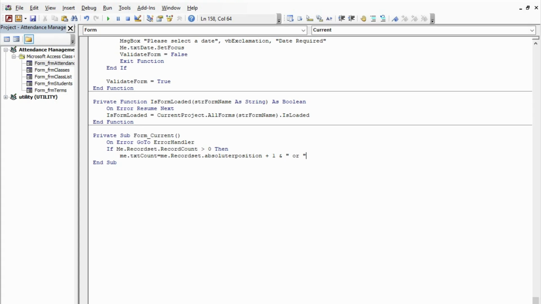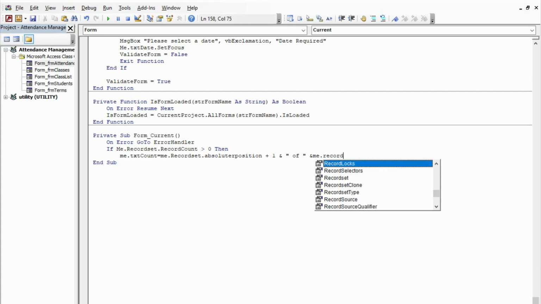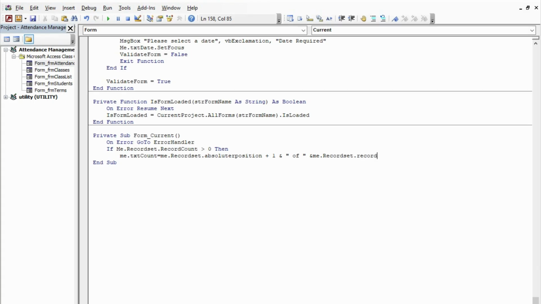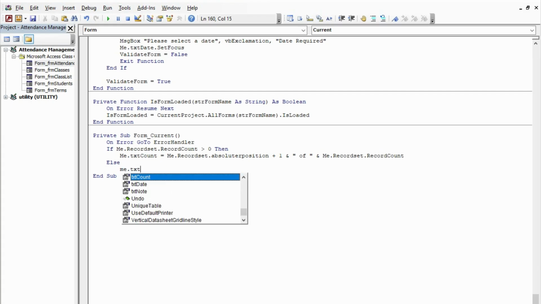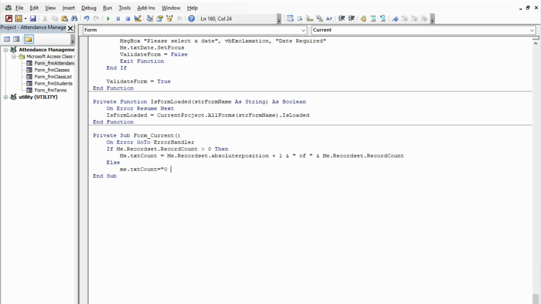and of main dot record set dot record count, else main dot txt count is equal to 0 students, and if exit sub error handler